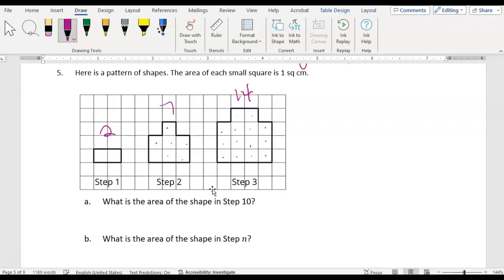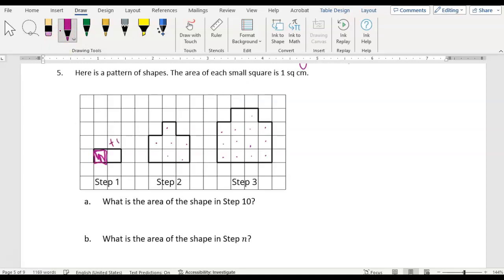All right. So we see that we do not have the same factor each time. We are also not adding the same amount each time. So that means that this has to be quadratic, and we need to figure out what the quadratic function will be. All right, so I want to, of course, look at something being squared, and step 1 has 1,